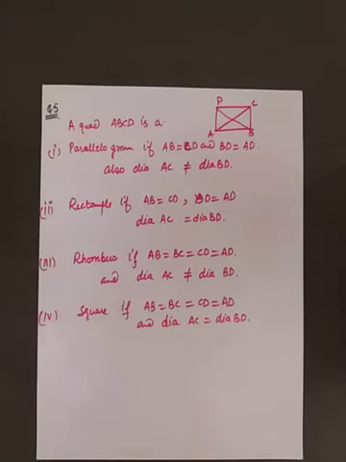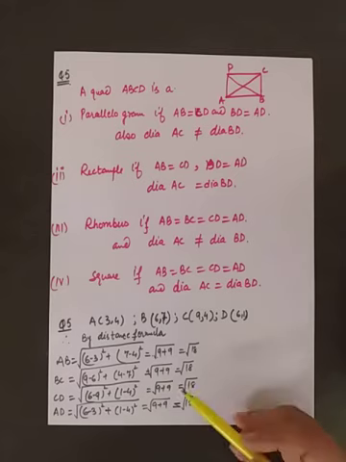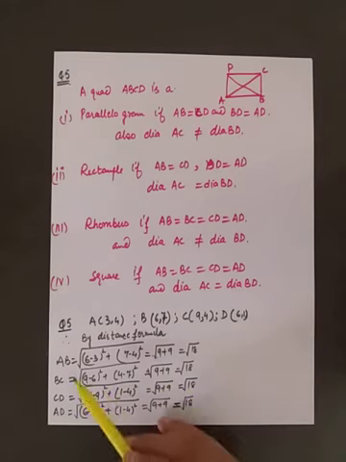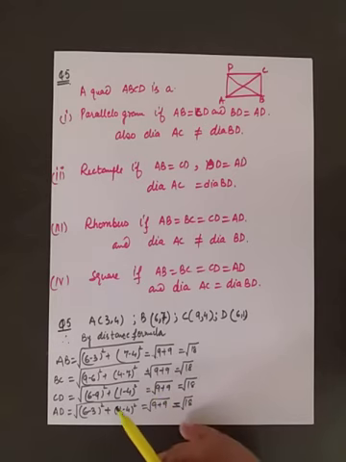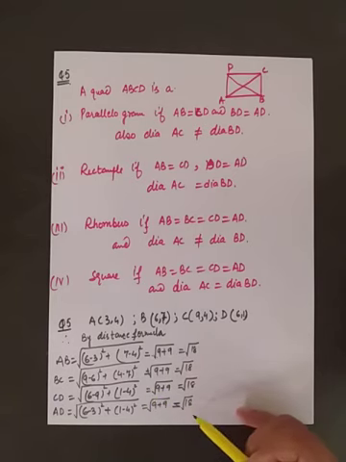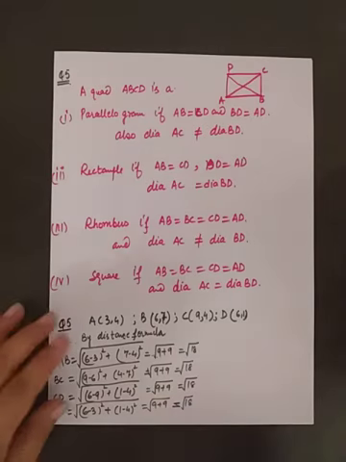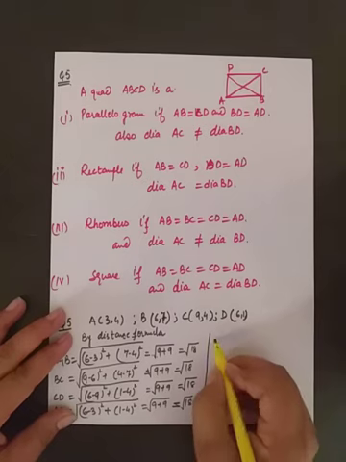So it means for question number 5 we have to find the lengths of all four sides and the lengths of the two diagonals by using the distance formula. By finding the distances we get that AB is root 18, BC is also root 18, CD is also root 18 and AD is also root 18. Now we can say that ABCD is a rhombus, but it can be a square also. If the lengths of the diagonals are equal, then it will be a square. So we have to find the lengths of the diagonals also.